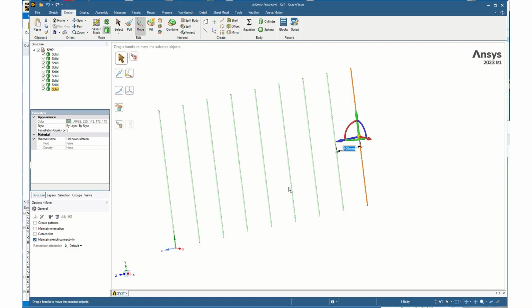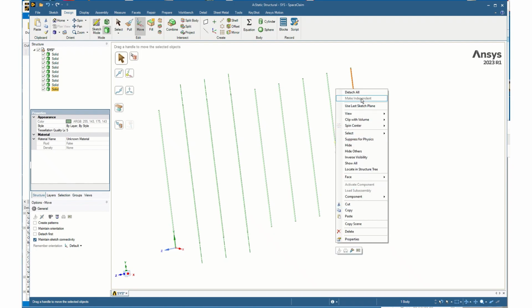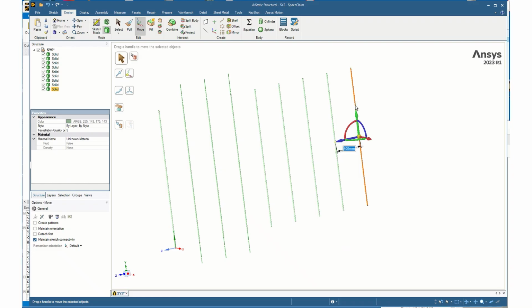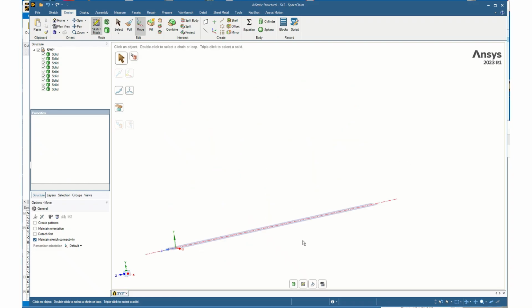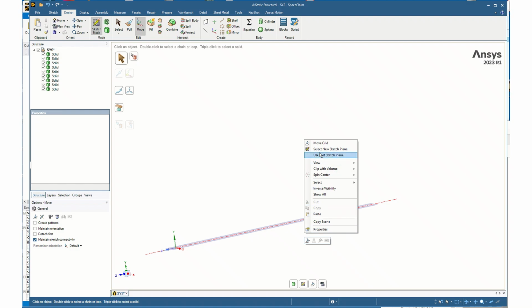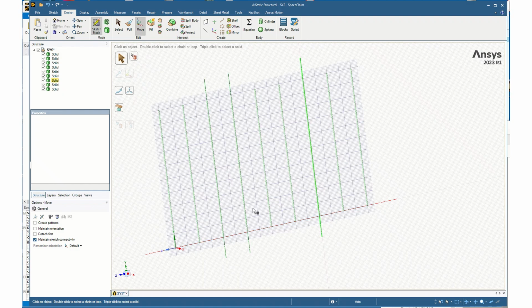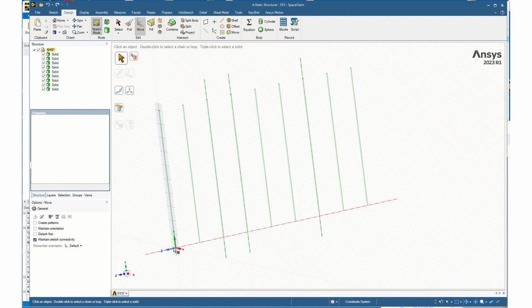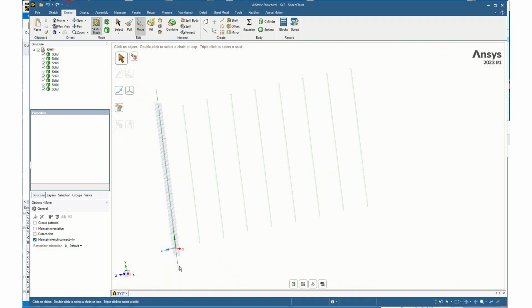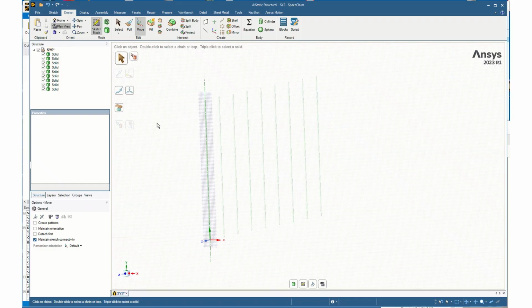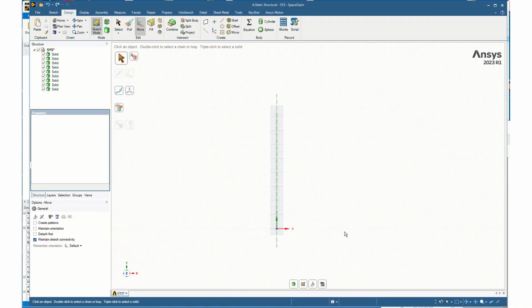To create the beam, I'm going to sketch in a different plane. So I'll change my sketch mode. I'll right click, and you can see that this says detach all or use last sketch plane. If I click on that, that shows me the sketch plane. I can right click then and click select new sketch plane, and I want to click that vertical sketch plane right there, and now I can hit plan view, look at this thing face on,